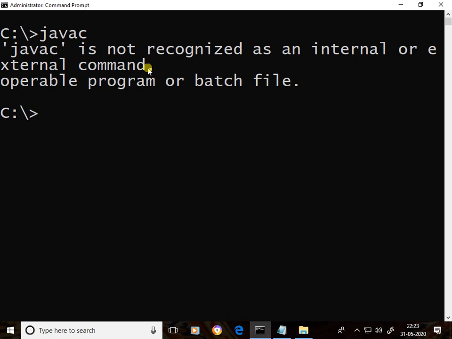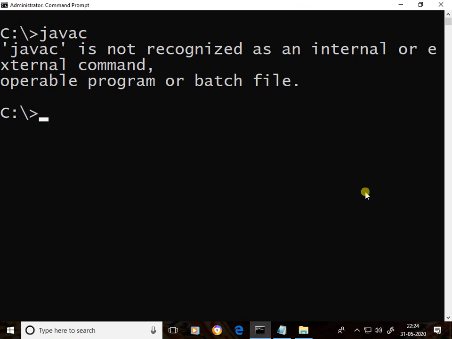If you write javac in C drive, it will search for javac in C drive only. Wherever you write javac, there only the operating system will search. But javac is not available here. javac is available in the bin folder. That is the reason we need to set the path up to the bin folder. Then only the operating system will search for javac in the bin folder, and it takes javac and that command runs. So we need to set the path up to the bin folder.